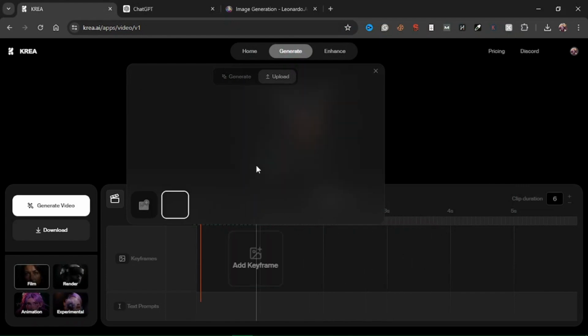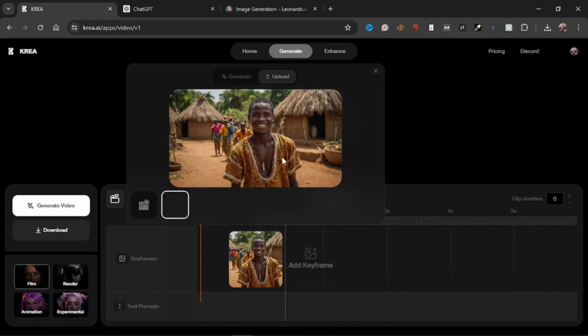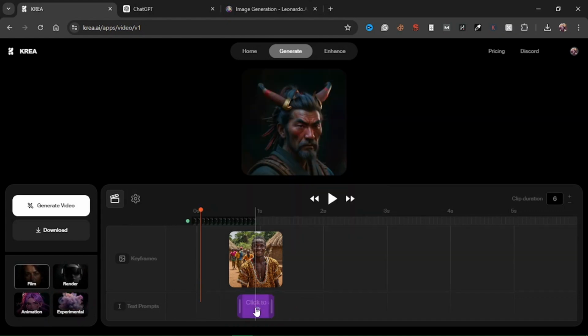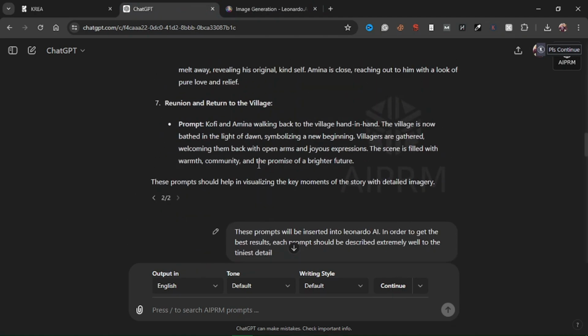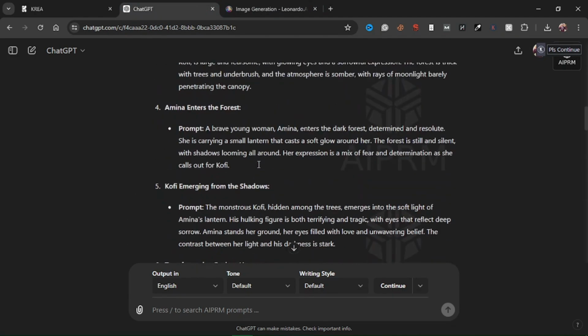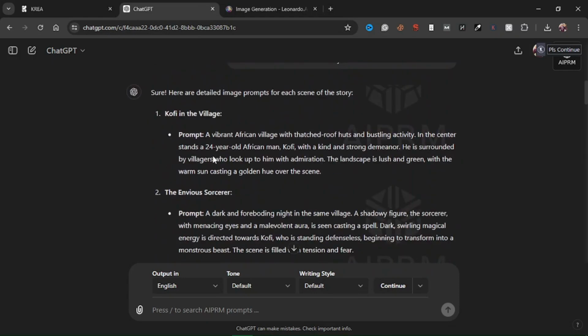All right, the next thing we do after uploading the image is, if you notice, once you hover over the text below the image, it's going to ask you to enter the text prompt. So in this case, what we are going to do is to type the shorter version of the first prompt that we got. So this is the shorter version. Yeah, so this was the first one, a vibrant